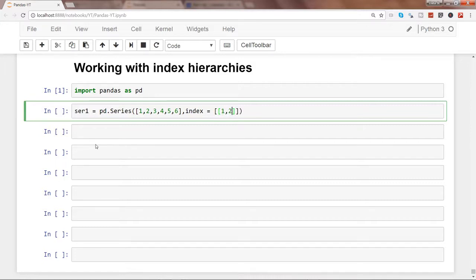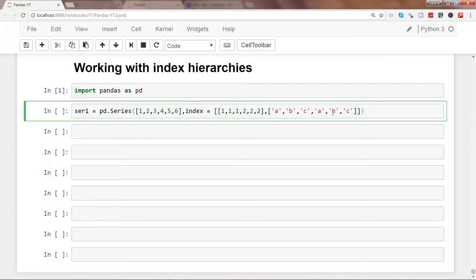So the first one is, let's say, 1 1 1 2 2 2, and the next one is a b c, again a b c. Alright, if you look at this index, this is the first index, a high level index, having the value 1, and then this is a lower level index, the second level index. This is having the values ABC, and again repetition of ABC. That means with 1, ABC is assigned, with 2 again ABC is assigned. So there is some sort of hierarchy present.